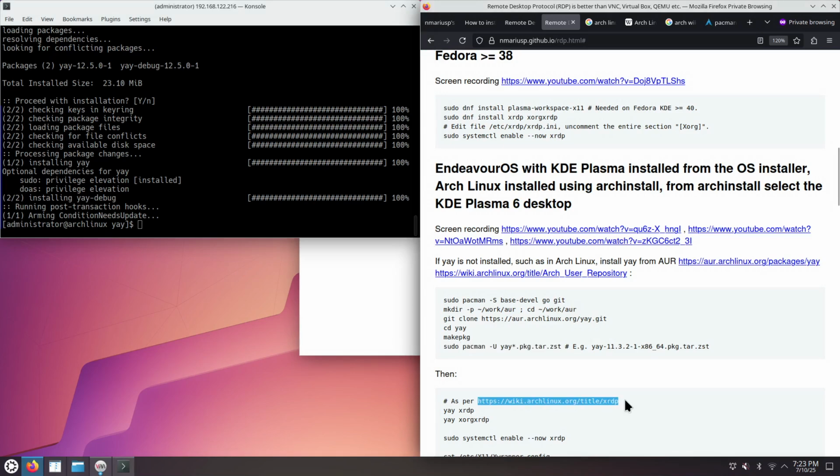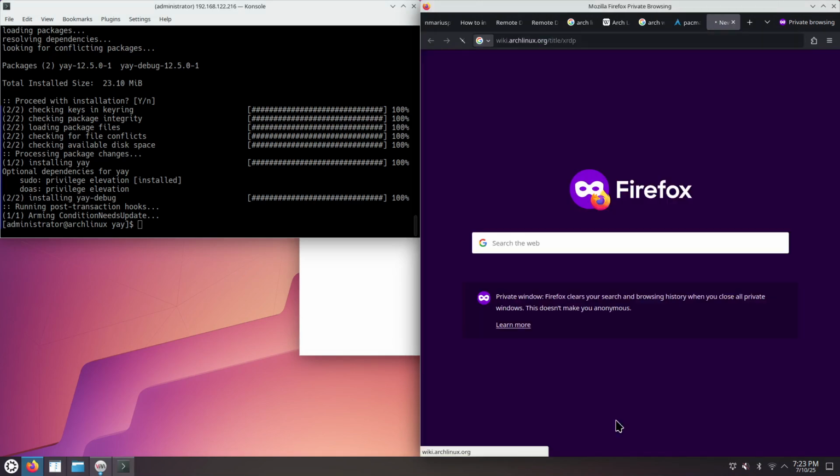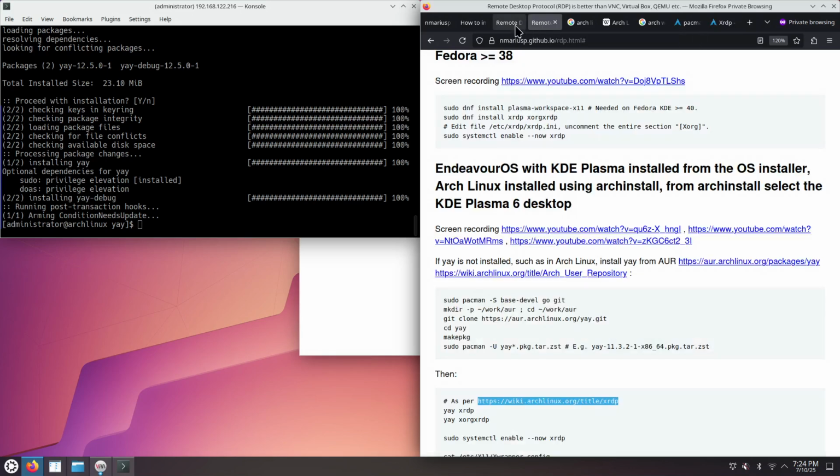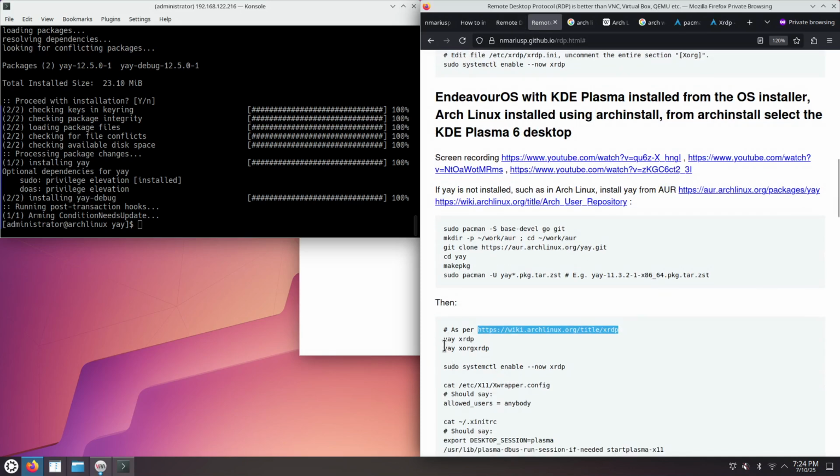Let's look a bit at the Arch Linux wiki page for xrdp. It says that xrdp is from the AUR, and we also want xorgxrdp. Okay, so let's follow the instructions using the package manager for AUR, yay. We download, git clone, build, install